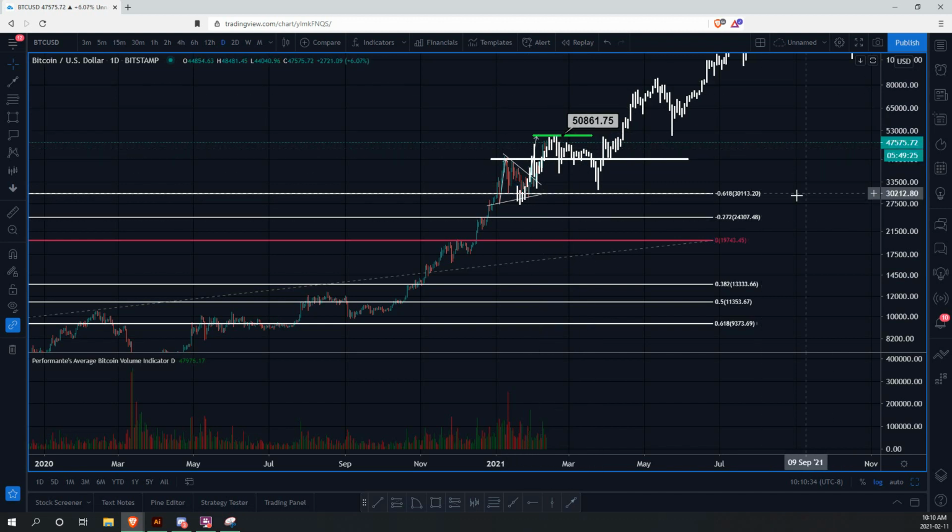But like I said, this 30K zone is going to be a major zone to keep an eye out on. And if it falls down close to that level, in my opinion, buy the dip. We're in a bull run. That zone is a major level of demand. You know institutions are going to be buying it. And that's just my opinion. Don't follow it if you don't agree, but that's what I will be doing definitely if it does consolidate here